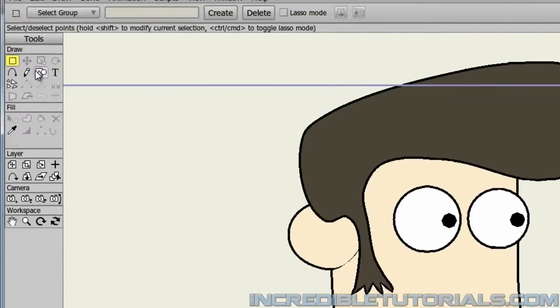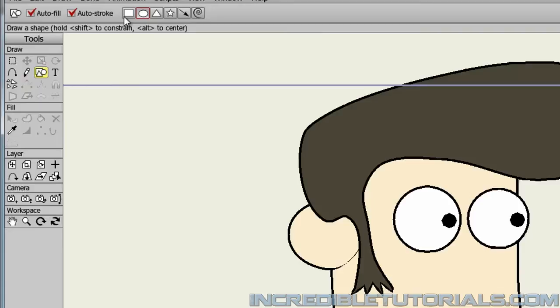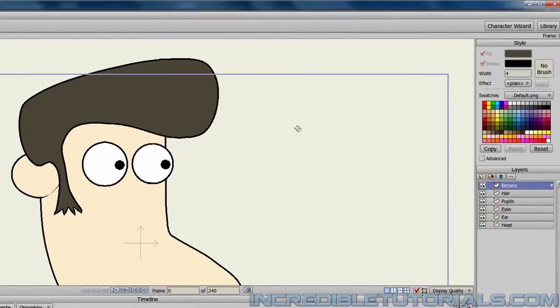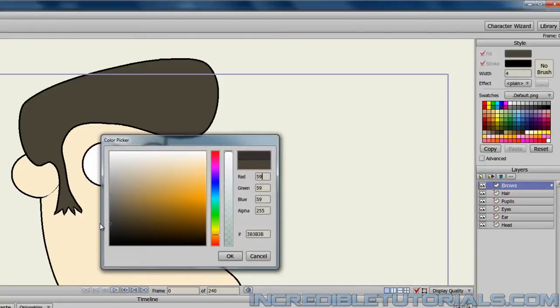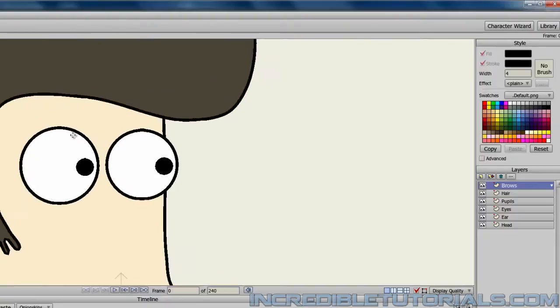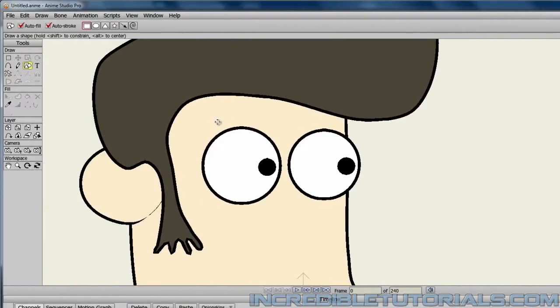Come over here to the shape tool for your rectangle. Now you can choose the hair color for your eyebrows, but typically I like to use black eyebrows. It's just something I've done for a while now. So I will make my eyebrows black, but again, you can color those the hair color or a similar variant if you wish. Starting at the top here, I will just click and drag and create a very horizontal looking